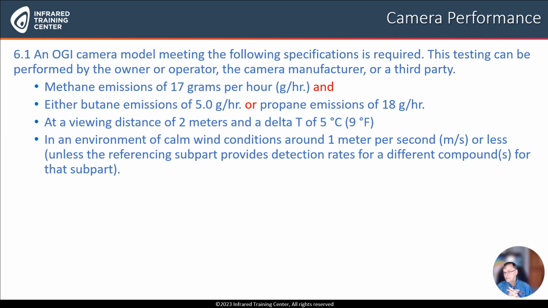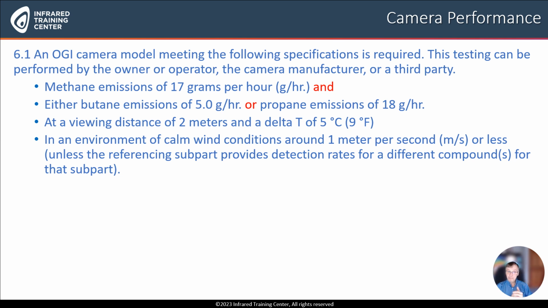So they say this is required. So any camera manufacturer must meet these requirements. Now, this testing can be performed by the owner, by the operator, the camera manufacturer, or a third party. So they leave this open to individuals, individual companies creating their own lab facilities and verifying that